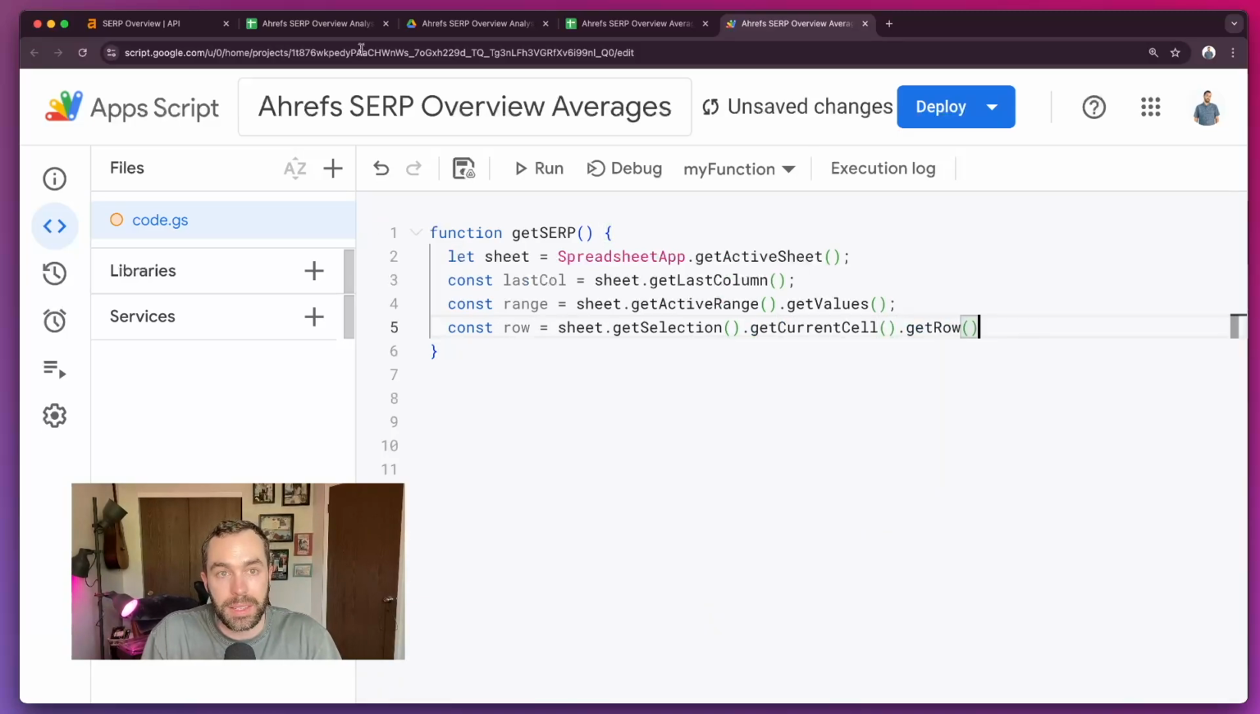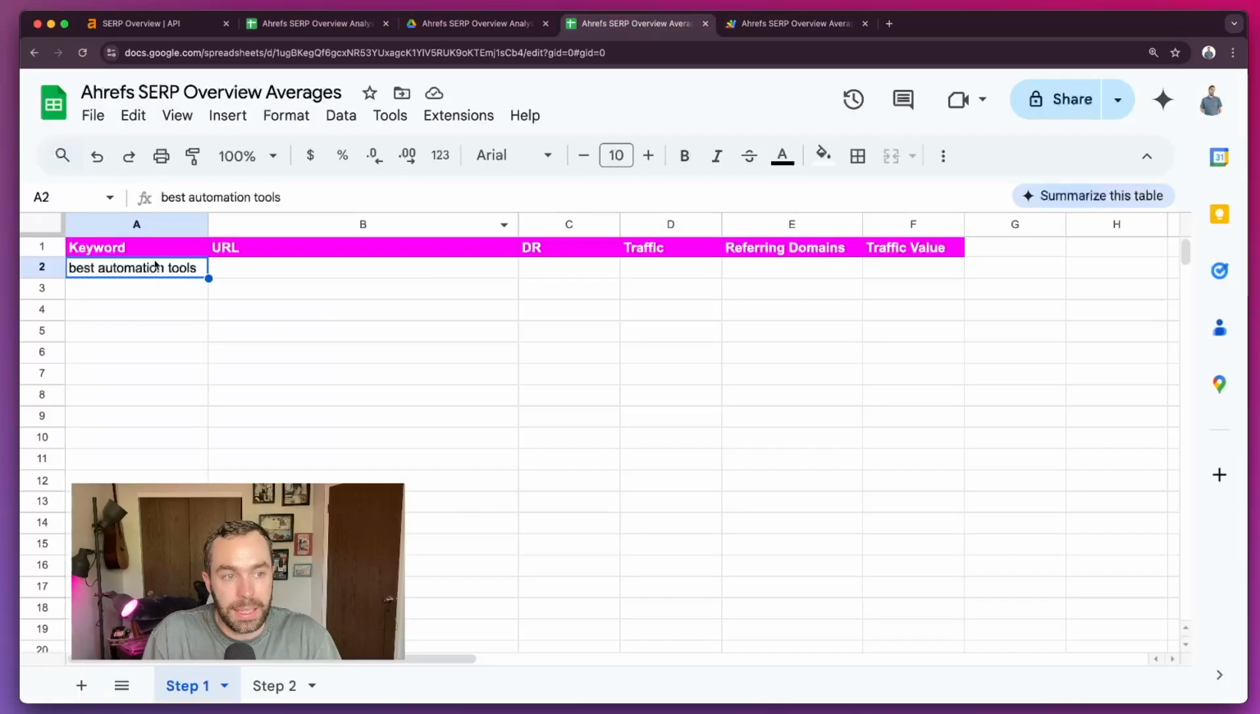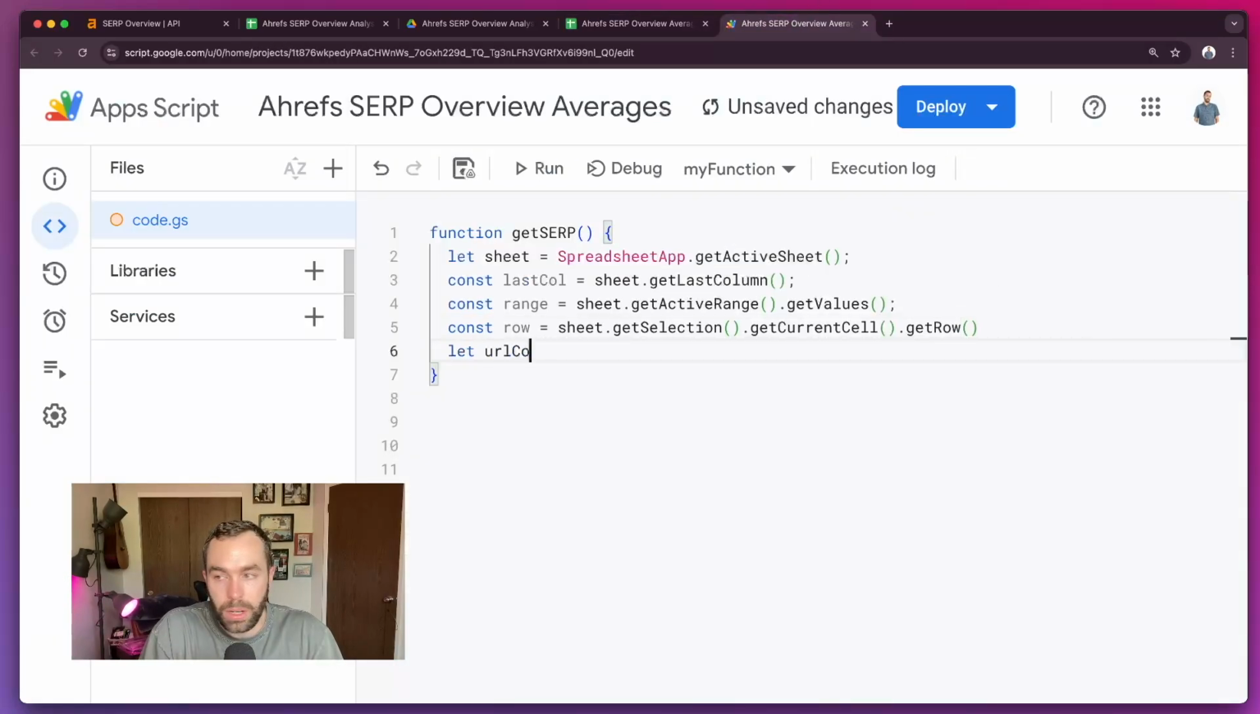And what that does is basically when you highlight a keyword, this is the selection, the current cell. If you were to highlight and pull for multiple keywords, that would still be the current cell, and you are going to get the row. And this is just helpful because if you were to run it in the future when you have more keywords, this would still work. Let URL column, I'll say urlCol equal